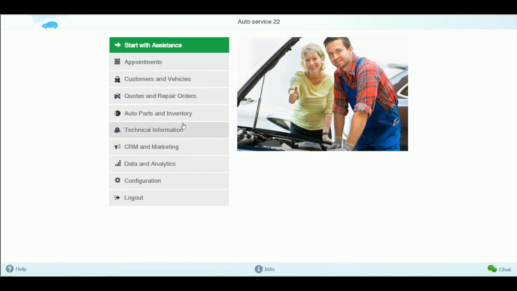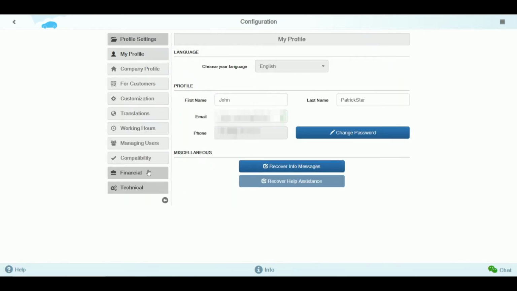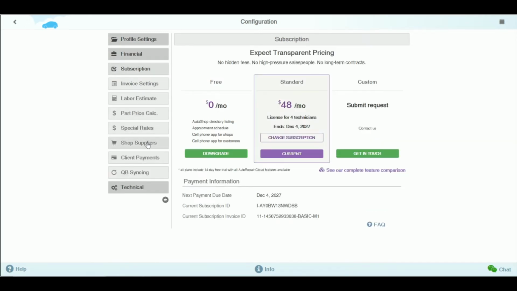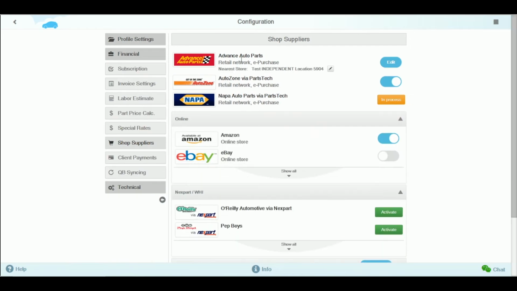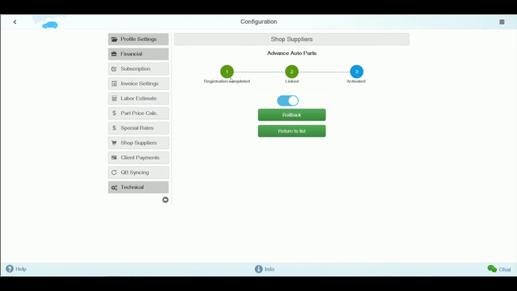Oh, okay. How do I print an invoice? Oh, real quick, I forgot to mention something for auto parts. Let me just digress real quick. Go to financial to set up. This is how you set up auto parts. Shop suppliers. If you're working with Advanced Auto Parts, it's pretty easy to set up. They're going to have a little menu here where you put in your ID or username and password, and then you click a button that says link accounts. You click that. It's going to take you to